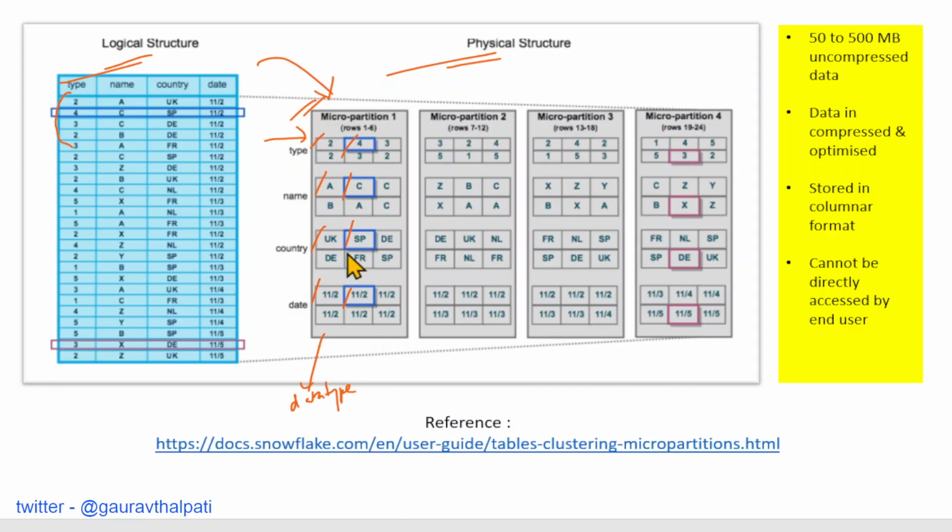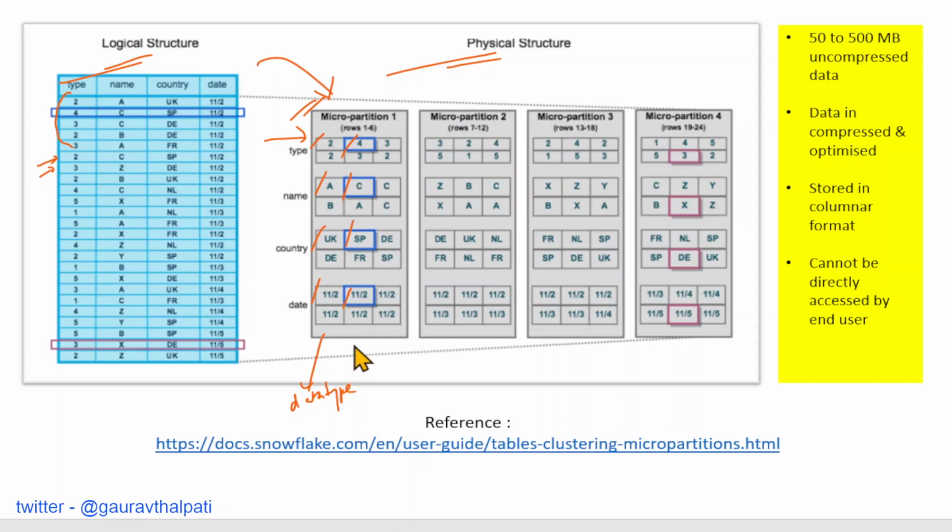Since the data type is the same within a particular column, it helps in applying better compression logic. Imagine the older row-level databases, where you store the complete row, row by row. There the compression was not that great because you are storing data of different data types together. That's the advantage of a columnar one: the data type is the same, so you get better compression.